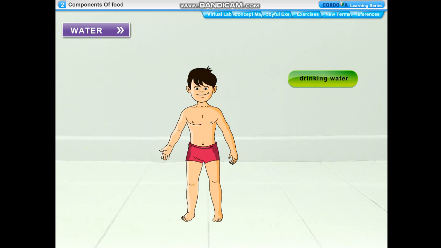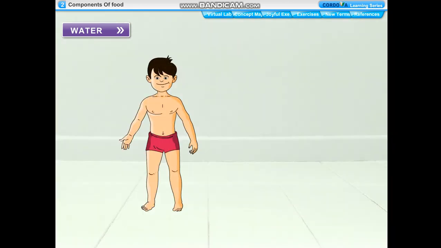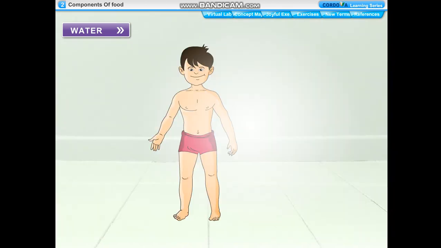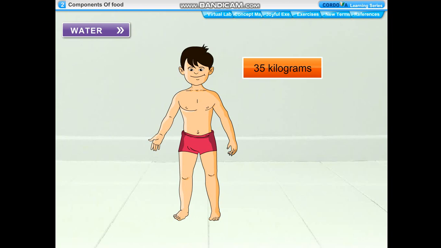Water. It is the most important constituent of food. It is essential for life. The human body contains about 70% of water by weight. For example, a child who weighs 35 kilograms has about 25 kilograms of water in his body. Water is needed by our body to perform many vital functions. Some of them are: it serves as the body's transportation system. It is a medium through which other nutrients,